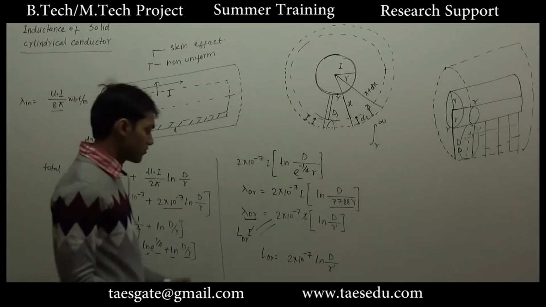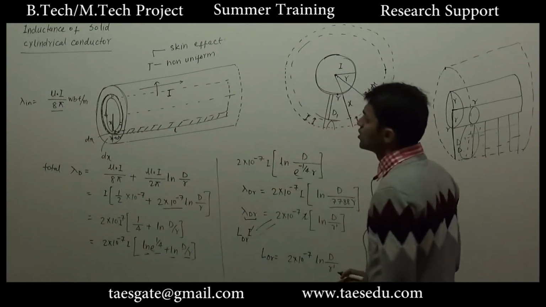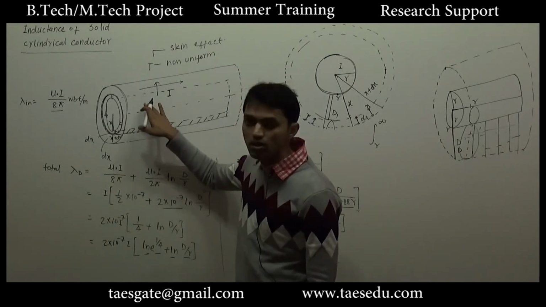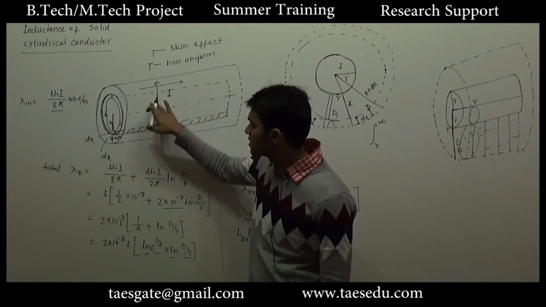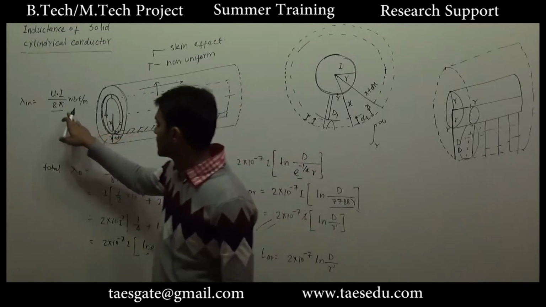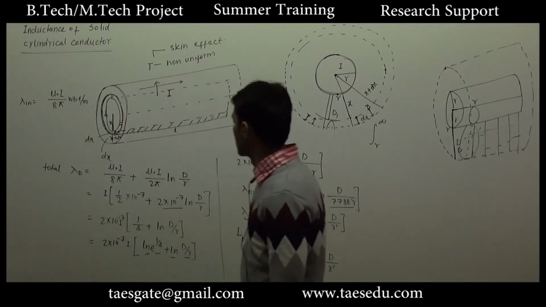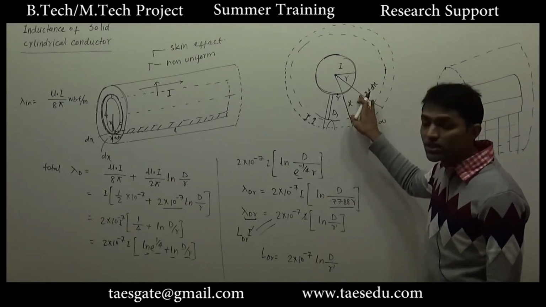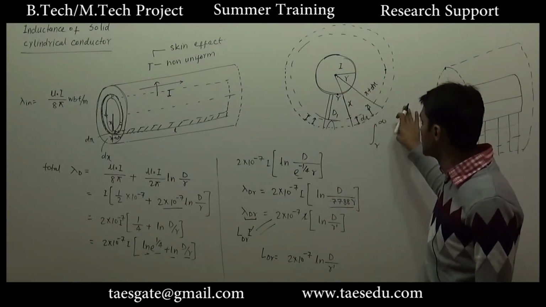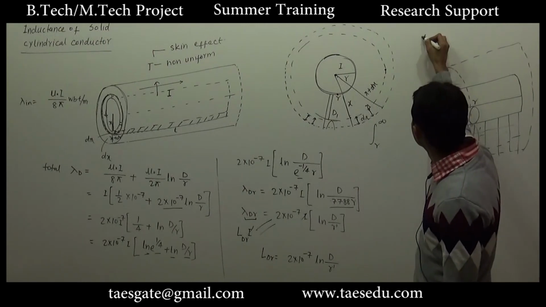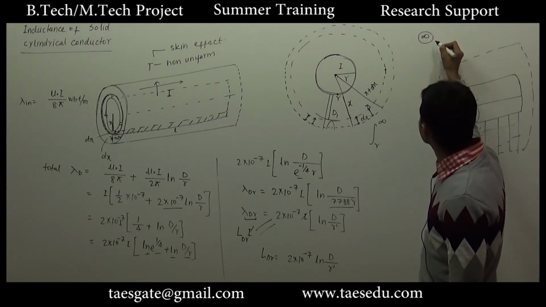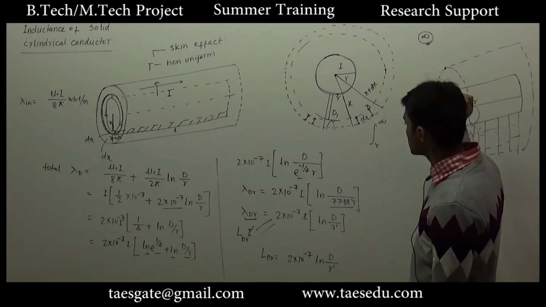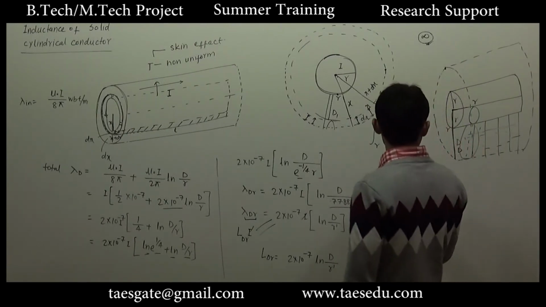So in summary, what we did, we first calculated the total flux linking to the conductor, the total inside flux which is linking to the conductor, and that is mu naught I divided by 8 pi. Then we tried to calculate the total flux outside the conductor, and we got infinity as a result. Okay, so with this result we cannot draw any conclusion. So instead of calculating the total flux, we calculated